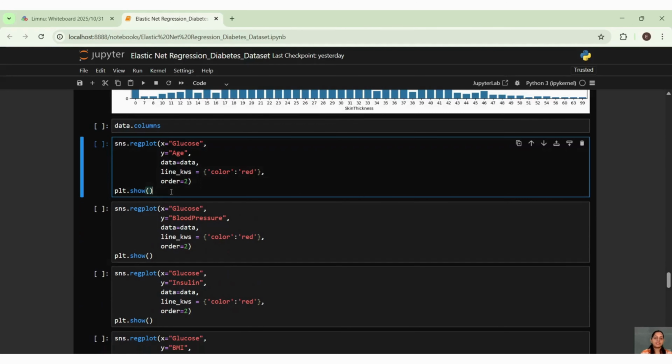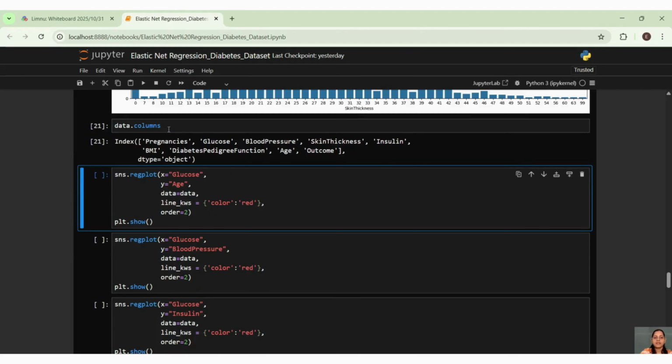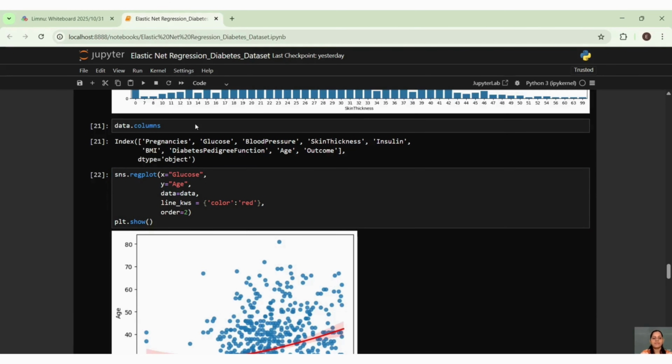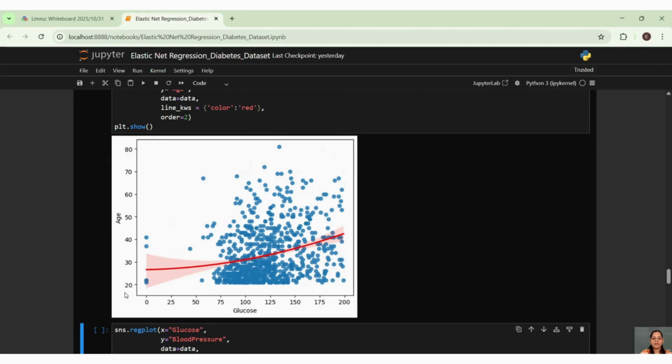Then what's the next step, guys? This is a regressor model. So we have to understand the regressor lines of each of the relevant variables we studied in the EDA part. We need to see how those two independent variables are related. So for that, I have taken glucose and age, and you can see it's well regressed. I mean, the regressor is fine here.